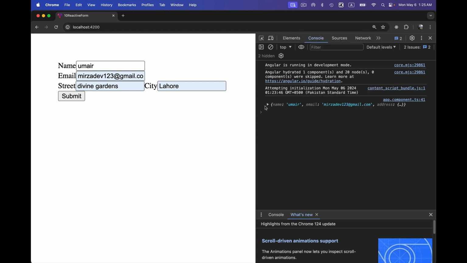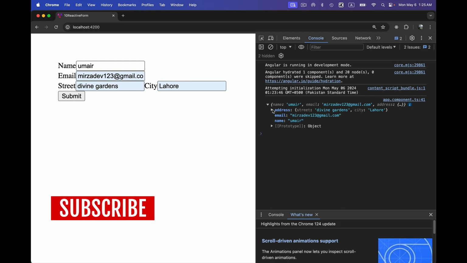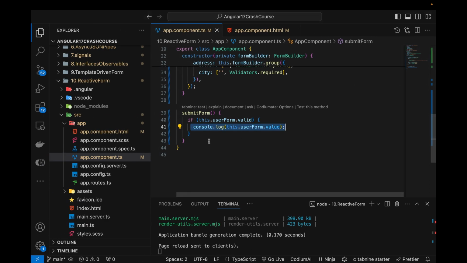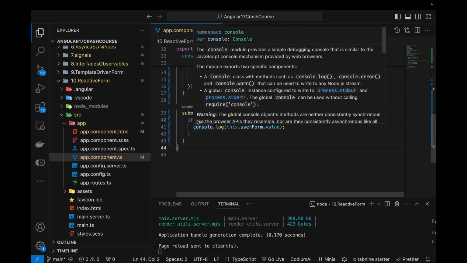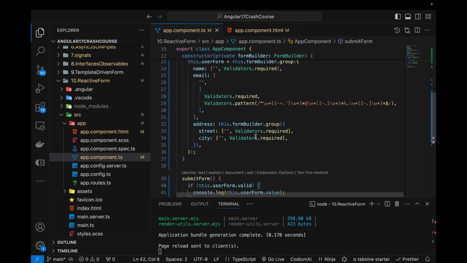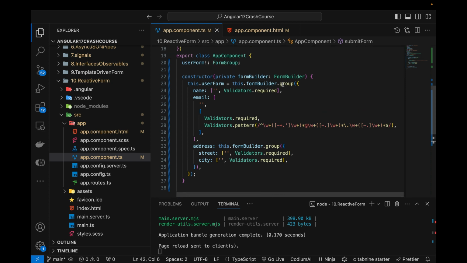And now you can see that it has printed out these addresses, and city Lahore and all of these values, and this is where we can perform some kind of API calls if we want to. It is also checking if the form is valid or not. So just like in the HTML, we can also validate if the form is valid or not in this component as well. All right, so now I hope that you have understood how we can start off creating form builder group